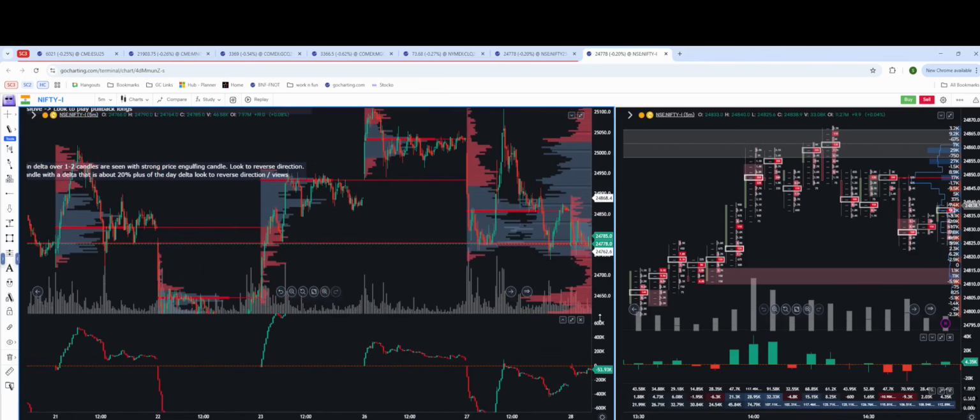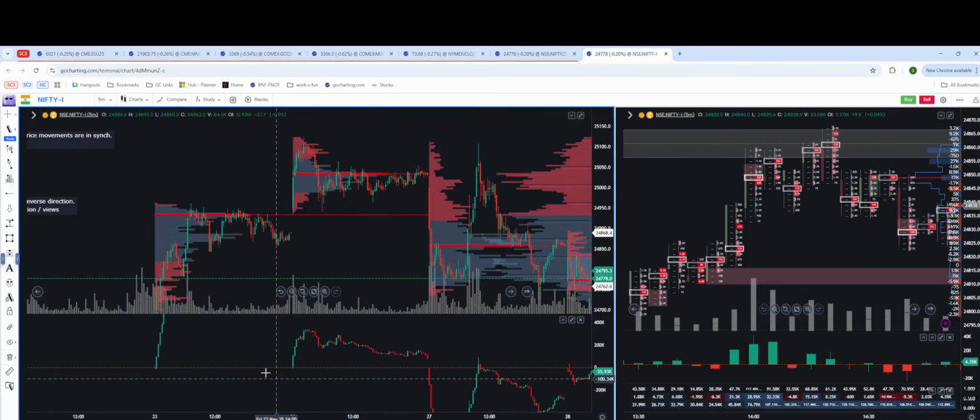Okay, this one, if you see this candle, the CVD started as positive, positive, positive, and then we had this strong engulfing red candle, and after that, with a good CVD and price, the prices hardly took off and we were not able to trade off. Okay, similarly in this one,